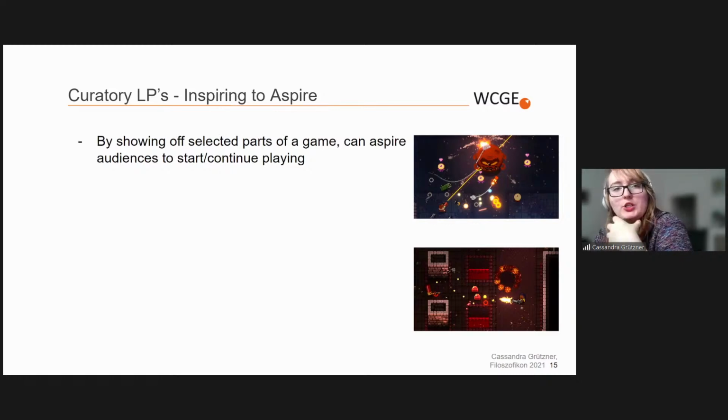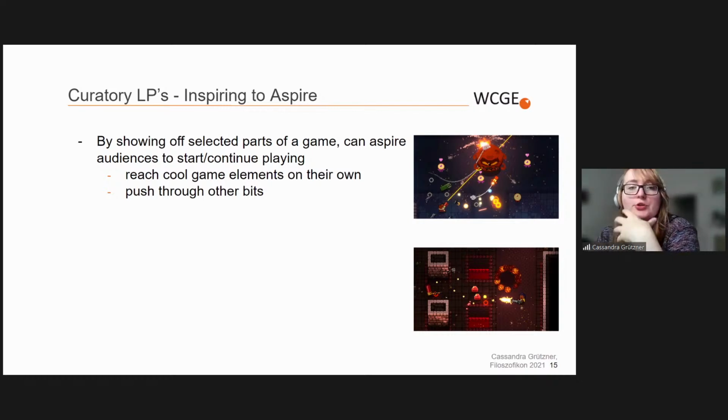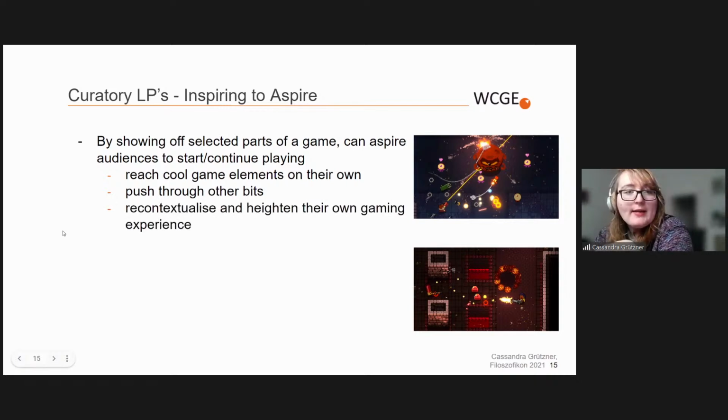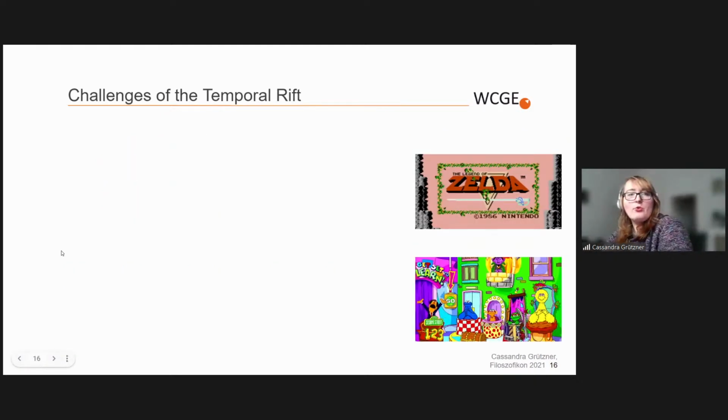But by watching a curatory let's play that aims to show off selected parts of the game, the let's play can inspire the audience to start or to continue playing. By seeing somebody else play through a cool element, you might be inspired to reach this cool game element on your own. You may be motivated to push through maybe more boring or more difficult bits because you've seen the reward of it, and that can then recontextualize and heighten your own gaming experience. So watching the LP increases the aesthetic value of the gaming experience within the player once they are playing the game. Of course, that only works if you first watch the let's play and you then play the game,